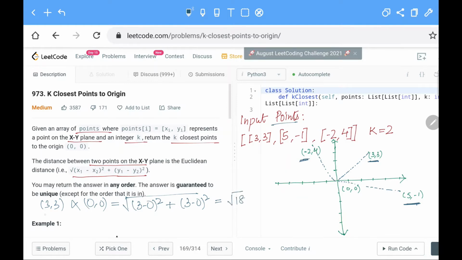Now let's calculate the distance between (5, -1) and the origin, which will be given by (5 minus 0) whole squared plus (-1 minus 0) whole squared, which is equivalent to the square root of 26. And lastly, to calculate the distance between (-2, 4) and the origin, we will calculate it by